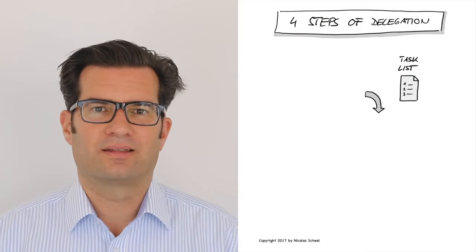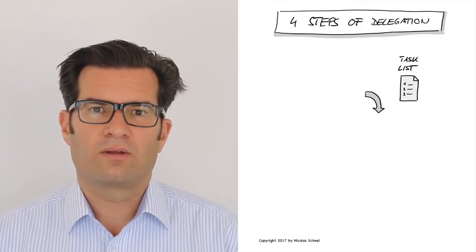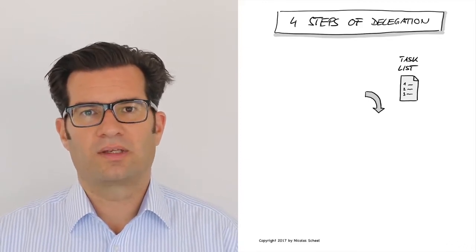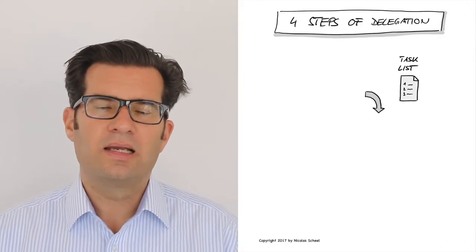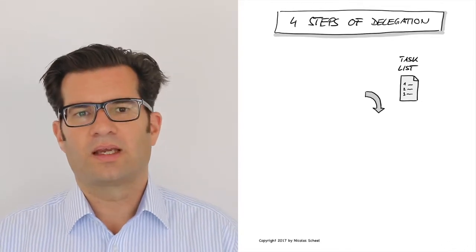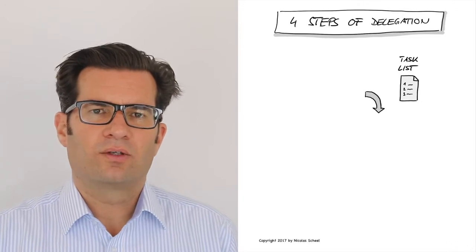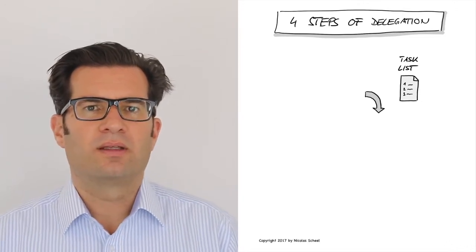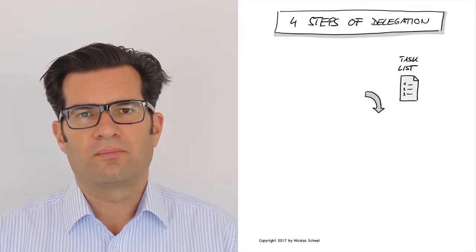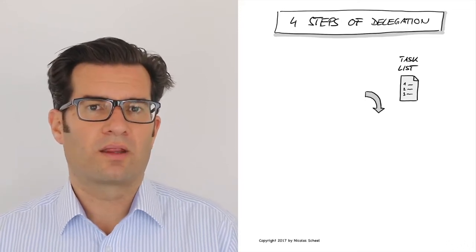So you create a task list. That's what I already told you in the example. I wrote down all of the tasks that I was doing in order to get an overview. It can be tasks, it can be responsibilities, it can be decisions. Doesn't really matter, just write them down. And then remember, it can be your own tasks that you're delegating, but it can also be the tasks of the entire team. If you want to delegate tasks that the team is doing to some other team or outside